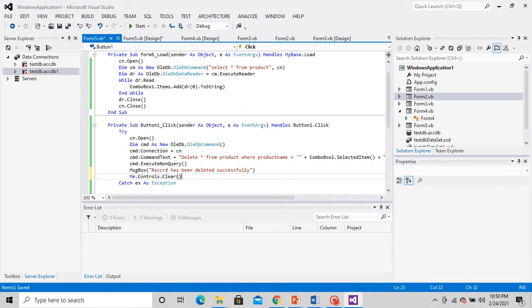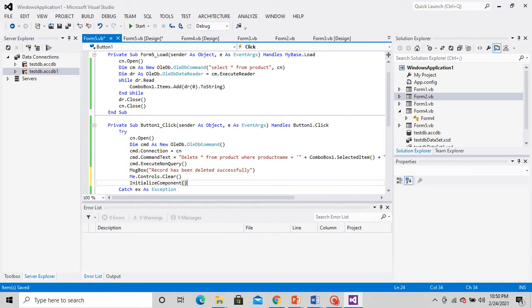By this, I'm making sure that the page is reloaded. After it is deleted, it will again initialize the component, which means all the controls of the page will be initialized again.